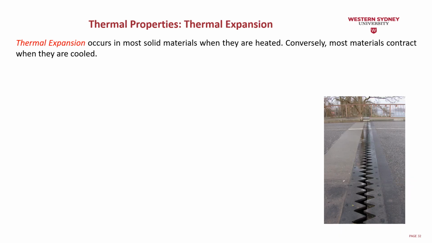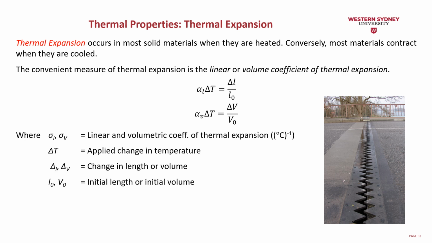Now the thermal expansion, and I think that most of you know about that. When you heat up a metal, of course, its length is going to change. So the thermal expansion occurs in most solid materials when they are heated, and conversely, most materials will contract when they are cooled. The convenient measure of the thermal expansion is the linear or the volume coefficient of thermal expansion. So alpha multiplied by delta T is going to be equal to the change in the length divided by